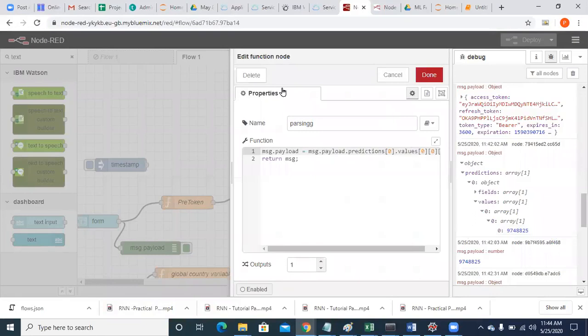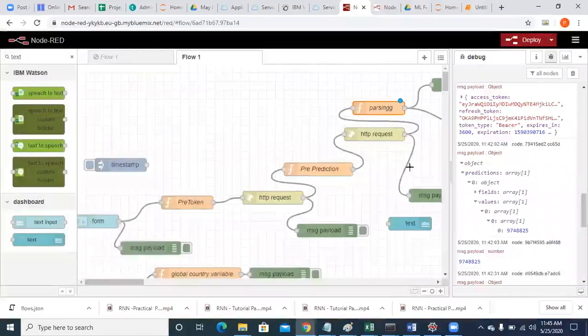So please click on that, remove whatever is there. Now create a variable called msg.payload is equal to msg dot, paste the copied path. Paste the copied path. Now done.